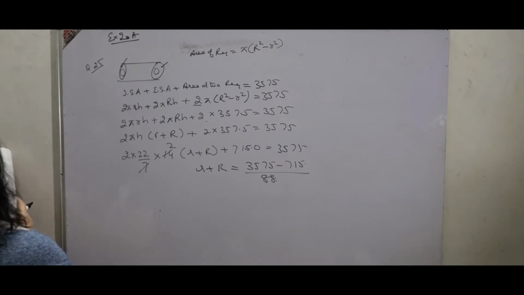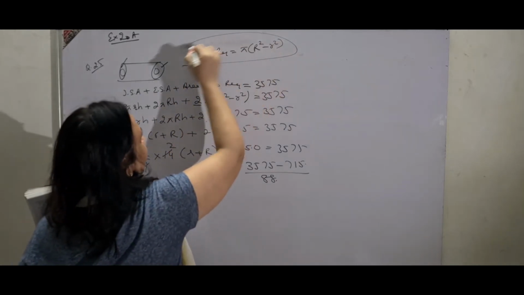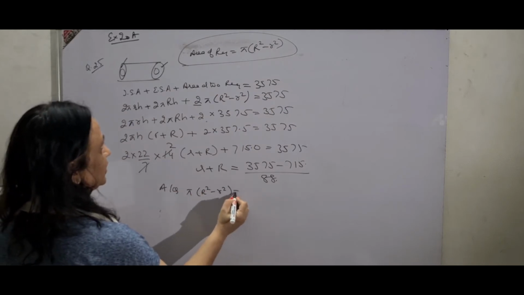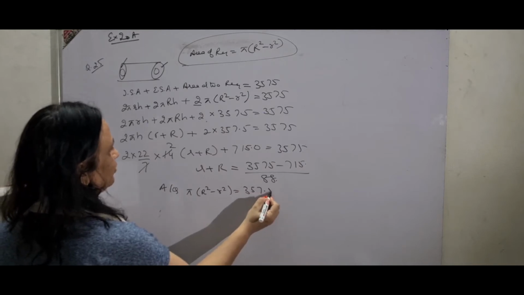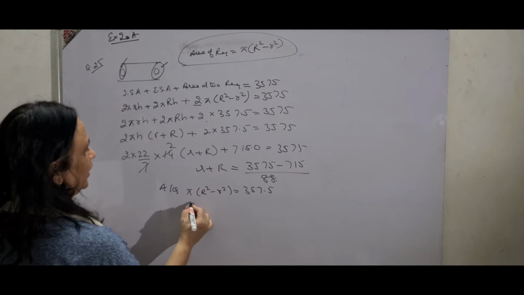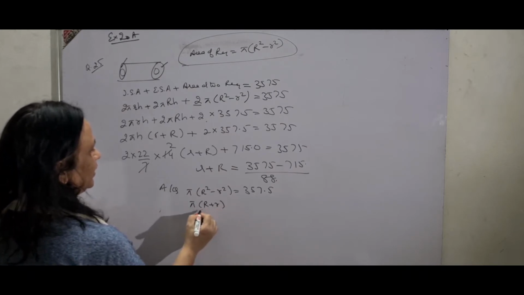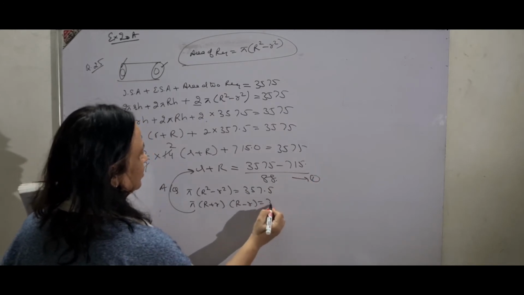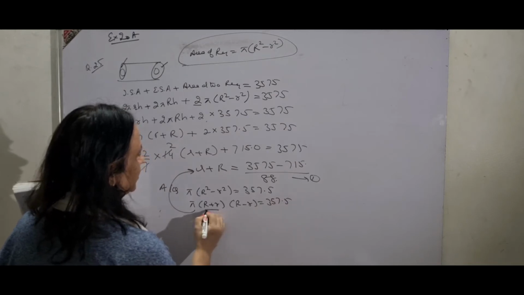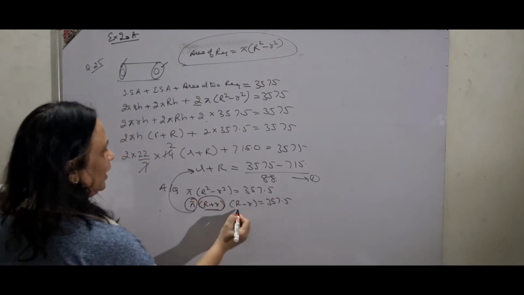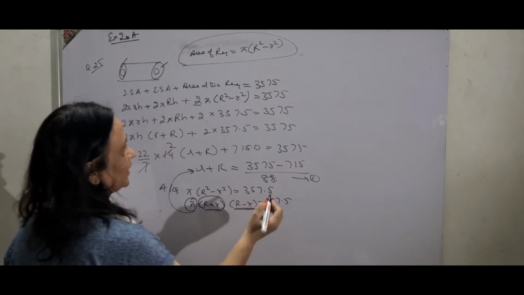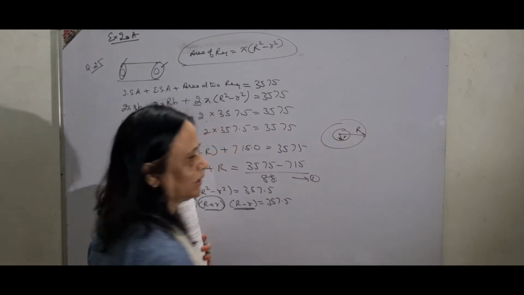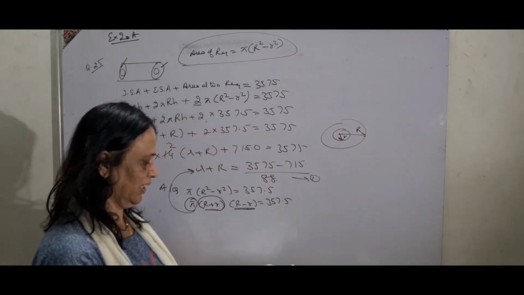Then they have asked you to find the thickness. So area of the ring will give you the thickness according to question. Pi R square minus r square is equal to 357.5, or pi R plus r into R minus r is equal to 357.5, and this you will substitute from question number 1. Substitute the value of R plus r as well as pi, and you will get the thickness. You know that thickness is outer radius minus inner radius. So it's very simple. You have done this before, and I will again explain to you.